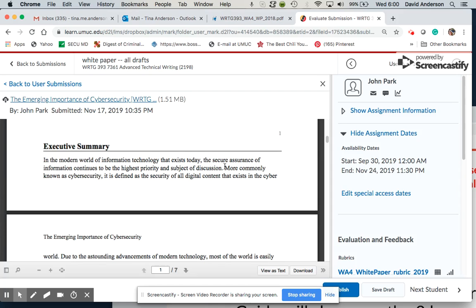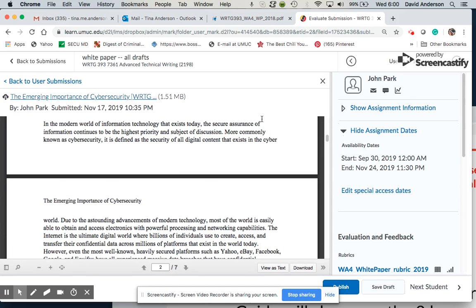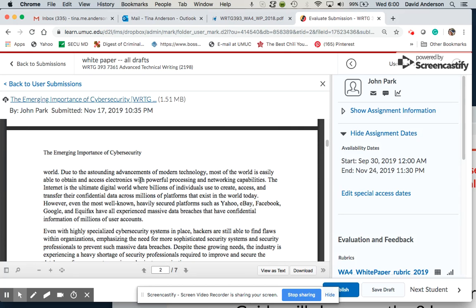Give me the facts. Known as cybersecurity, securing digital content is key, or is of the highest priority. Due to the outstanding advancements, most of the world is easily able to obtain and access electronics with powerful processing and networking capabilities.